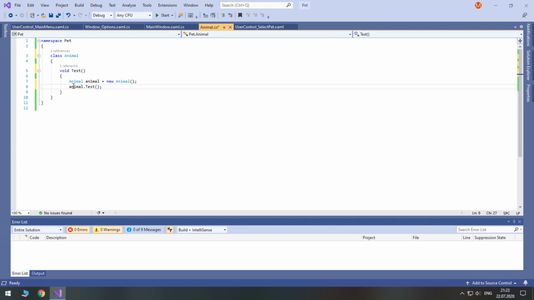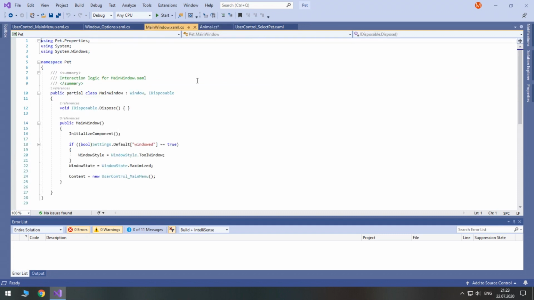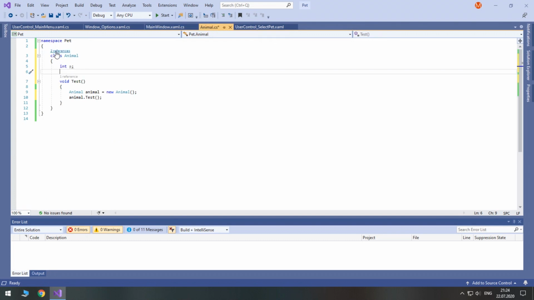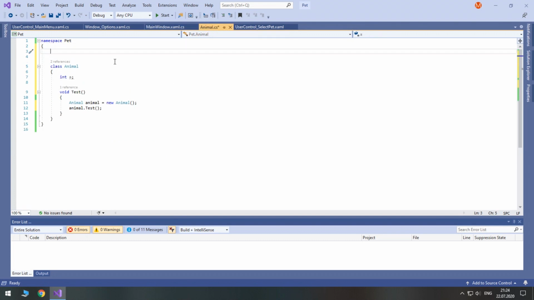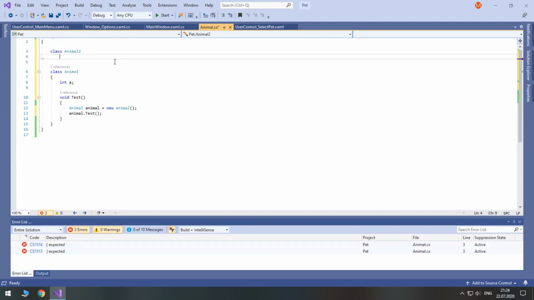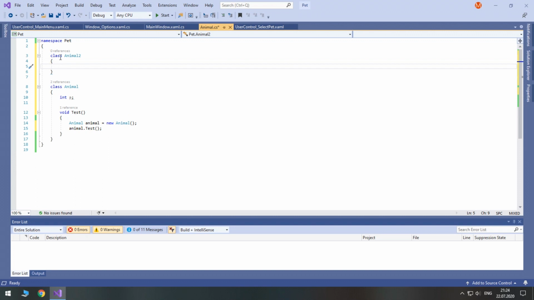Now you understand what a class is. Again, a class can contain variables, it can contain methods, it can also contain properties and enums, which we will look at later. As I already said, we code mostly in classes. This is a method inside a class. This is a constructor inside a class. But sometimes you still can code outside a class. For instance, when you create another class, like class Animal2, in this case it will have its own variables and methods. But there are other cases as well.